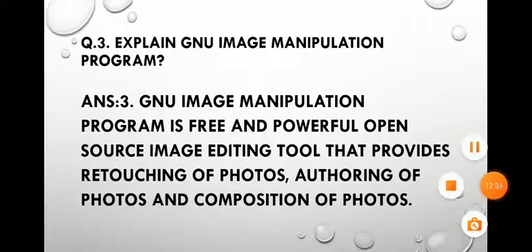Question 3 is, explain GNU Image Manipulation Program.